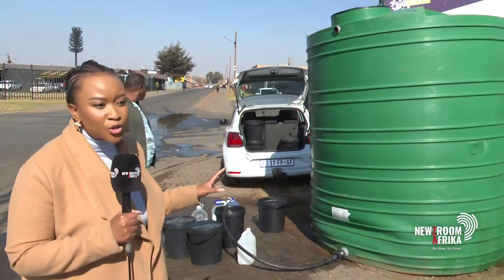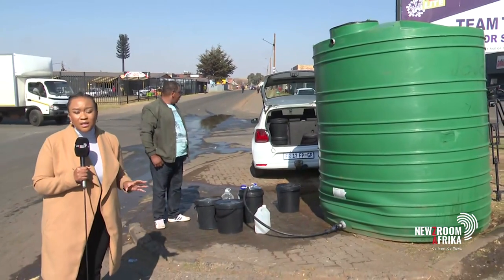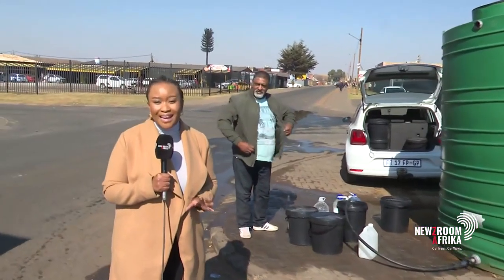As Rand Water continues with its maintenance project, Joburg residents are now starting to really feel the pinch of water constraints. In fact, Joburg Water has issued several statements saying that areas including Orange Farm, Lawley and here in Ennerdale have been having no water. We're standing outside one of the many JoJo tankers that have been positioned in this community, with residents speaking about the fact that they've been really suffering in terms of water supply,